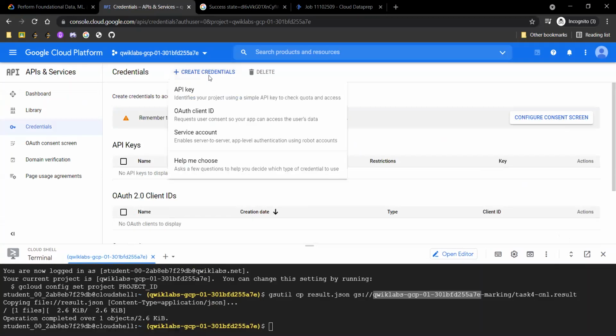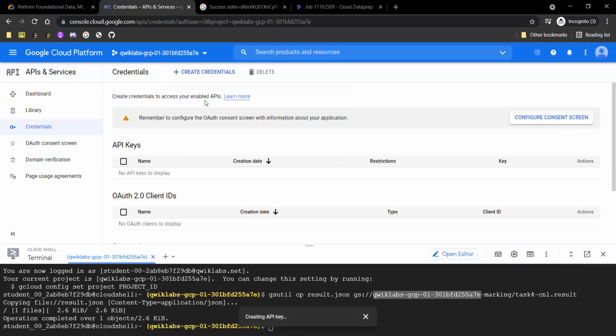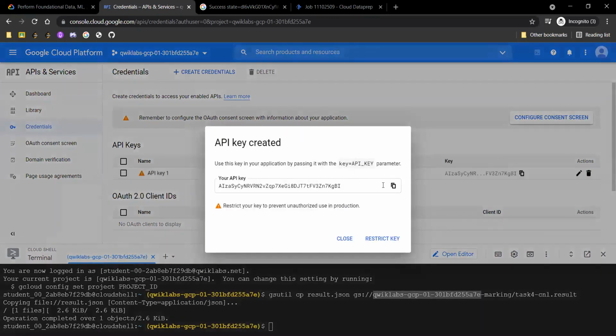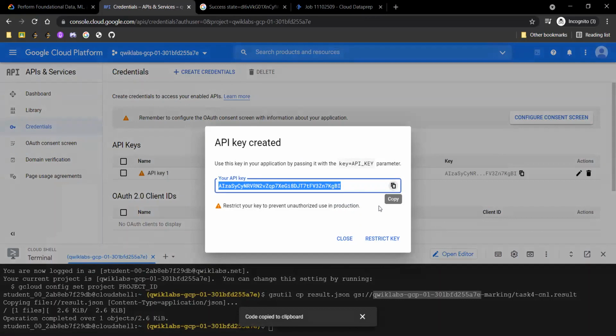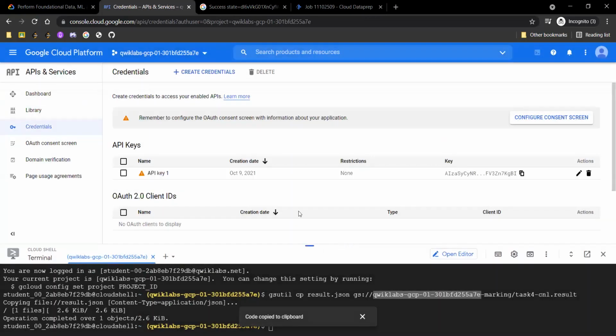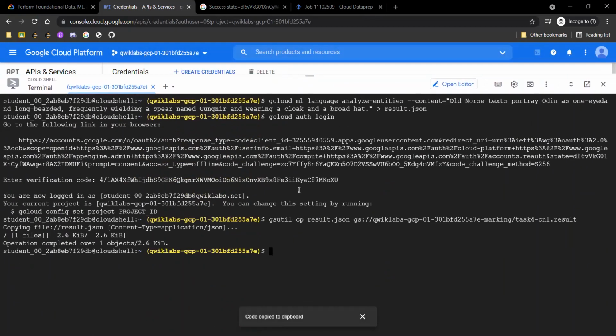Click on create credentials and then API key. Just copy your API key and click on close. Now you have to export one environment variable, that is API key, and you will do that by this line.